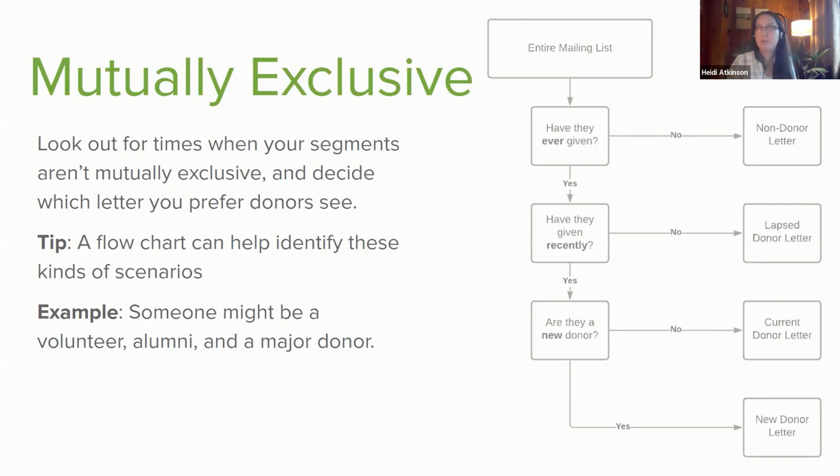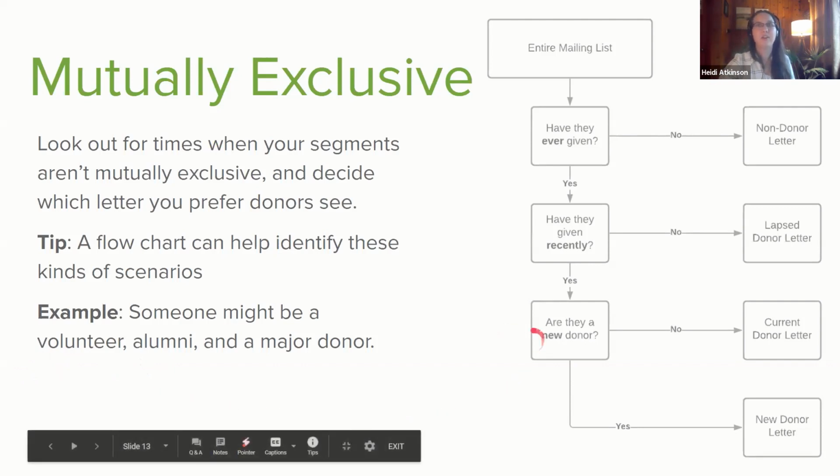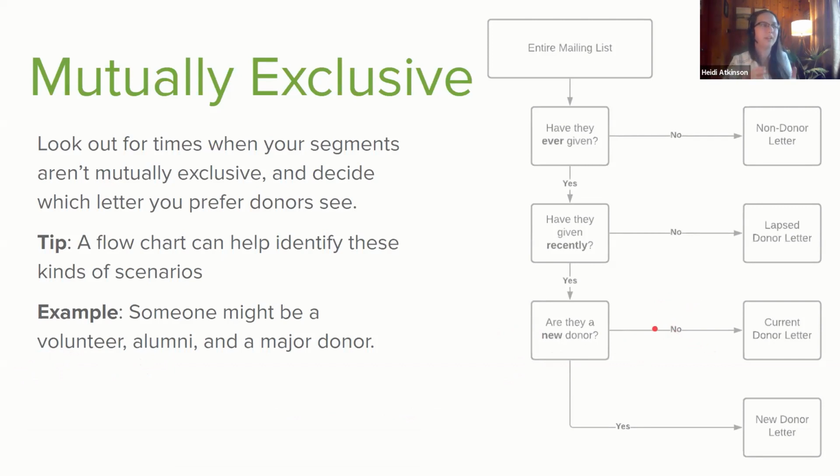But for those of you who are getting a little sophisticated with it, you might even have branches, like they're a new donor and their first gift was over $100 or under $100. And you can get really nice and customized with all those different variations. Once again, it depends on your bandwidth, your capacity to do all those different versions, to juggle all those different scenarios, to keep organized, how different the letter is going to be, and whether you have cause to believe that that difference will